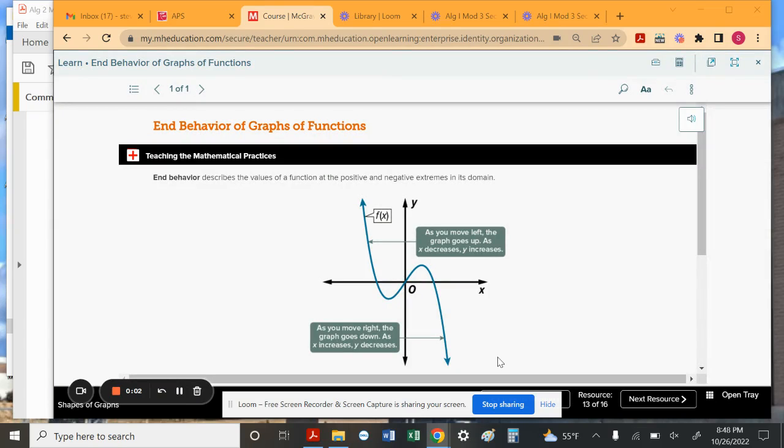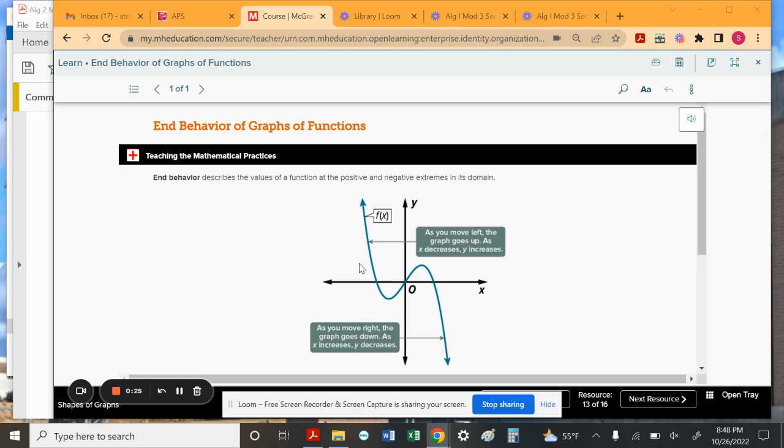Okay, now we're going to look at end behavior. And end behavior can get very confusing with increasing and decreasing functions. Notice that the function is decreasing, and then it increases, then it decreases, as we can see what the function is doing. But when we're looking at the behaviors at both ends of the function, so here is